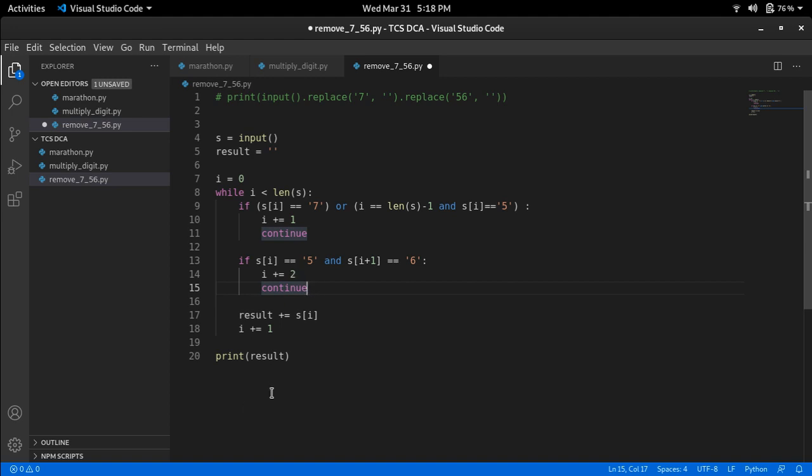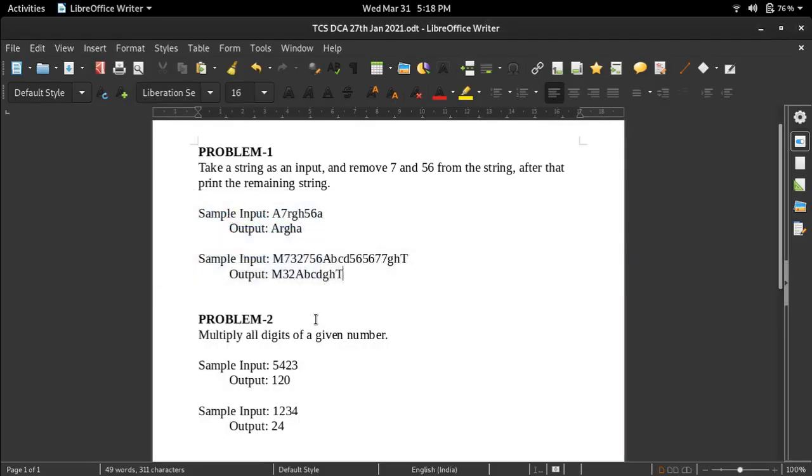Suppose we encounter 5 at this particular index, then we increment the counter by 2, so we go i plus 1 plus 1. It means control will go to A now. So we are simply not adding this complete 56 inside the resultant string.